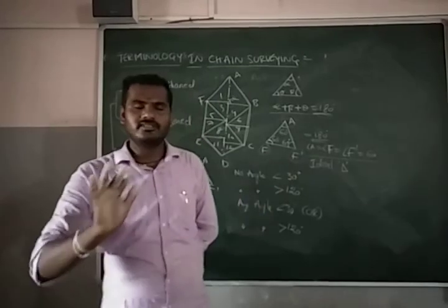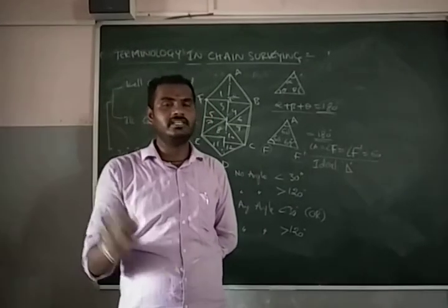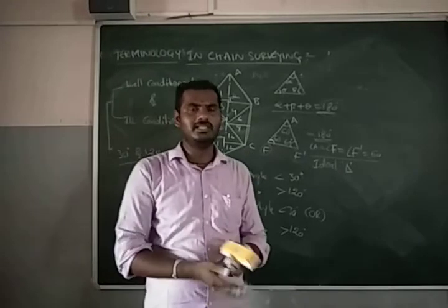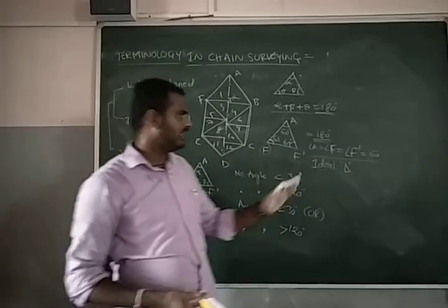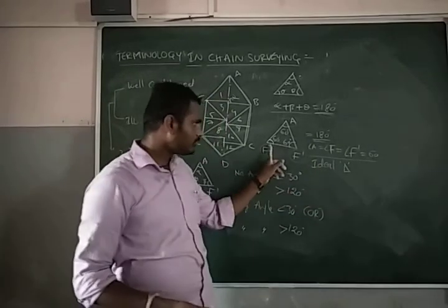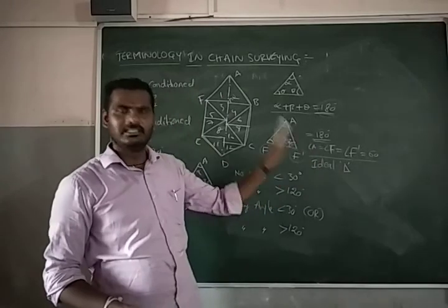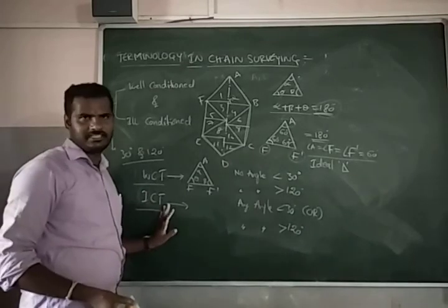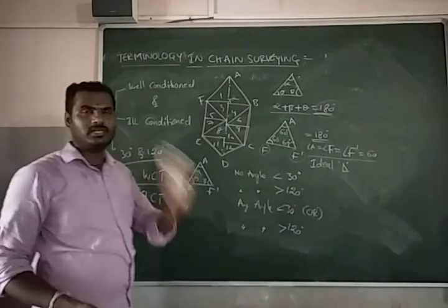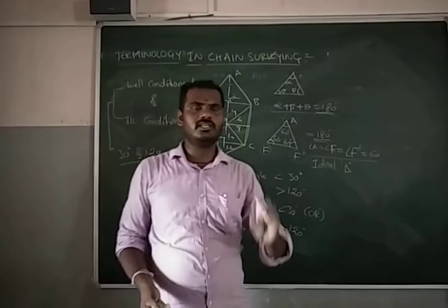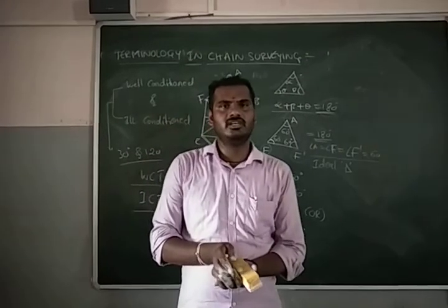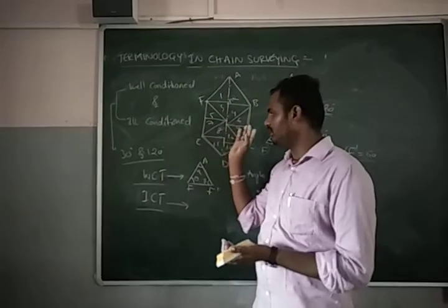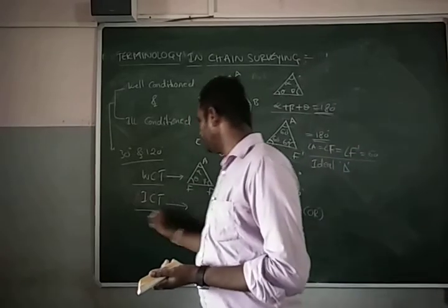In most of the cases, it is really very difficult to form an ideal triangle in the site. If you want to do it intentionally, we can do it, no problem at all. But for the given conditions in the site, there is no possibility to form an ideal triangle itself. But there is a possibility to form well conditioned and ill conditioned triangles. But here we need to remember one thing, that in chain surveying, we are supposed to see that no triangle formed in a chain survey area is an ill conditioned triangle.